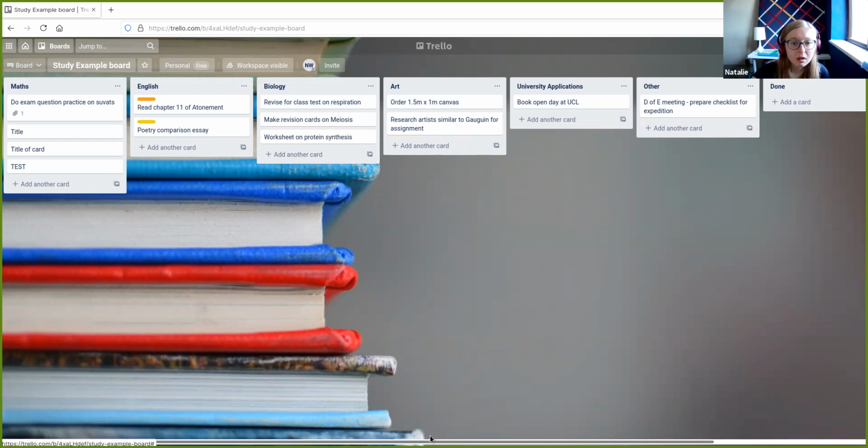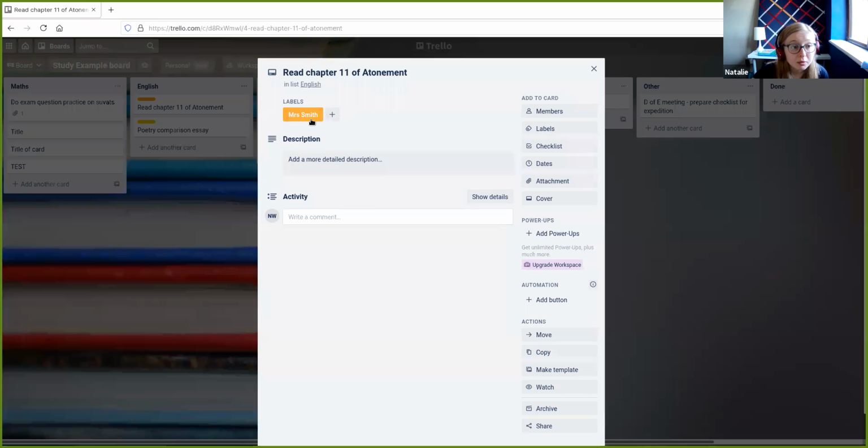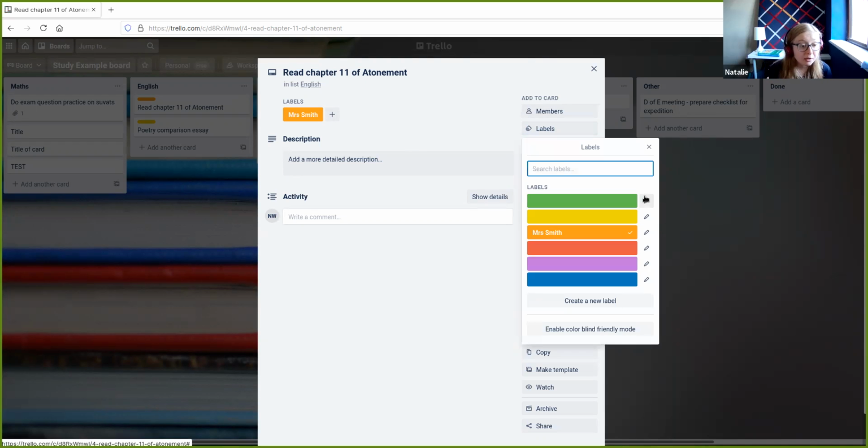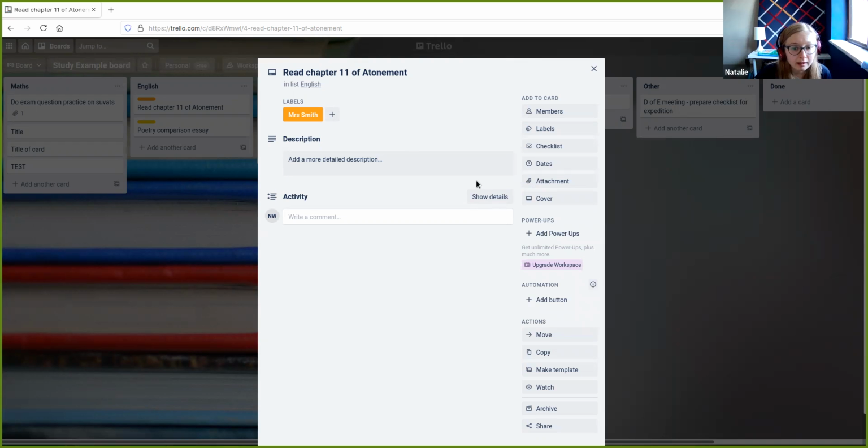A couple of other snazzy things that we can do in Trello. We can add labels. So for example, if I've got reading the chapter of Atonement, that's due in for Mrs. Smith, I can add that label in there. I could label by subject if I was just putting all my work in not by subjects, by list. If I wanted to just chuck it all into a to-do list, for example, then I might label by subject, or I could label by test, homework, the type of work that it is. So you can color code things